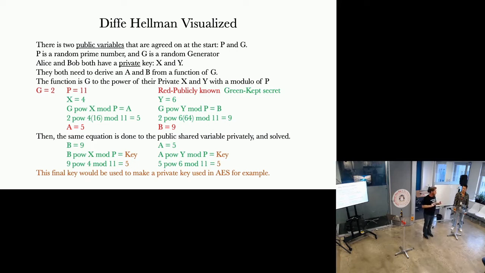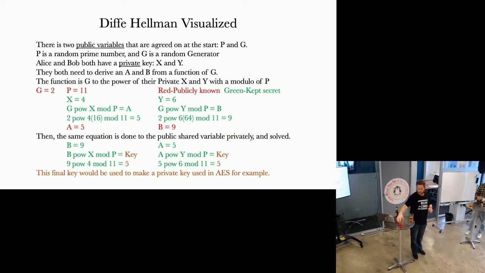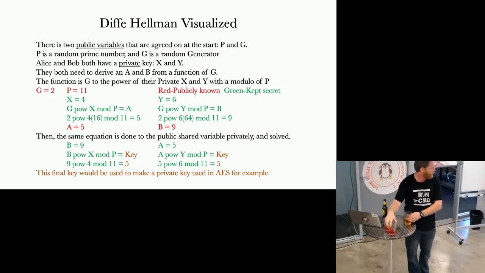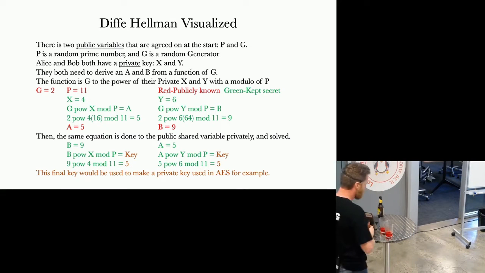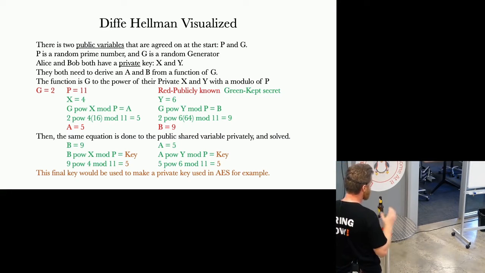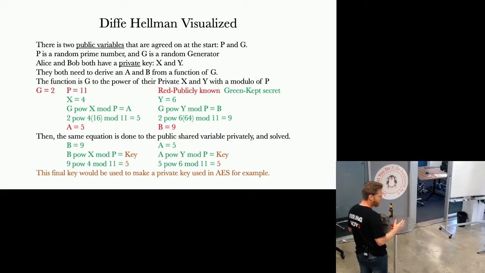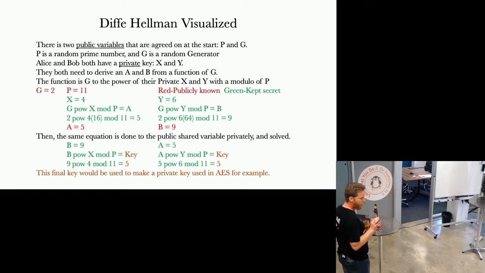I have a public generator, which everybody knows. You can all see what it is. You can't see what this is. I take the generator and put it into the private domain so no one can see it. You can do this too, grab the generator. I take this out of the public domain so no one else can see it, and no one can see my private X variable.